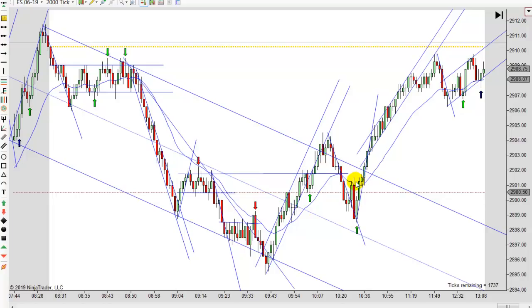And if you waited till that bar closed and went short one tick below it, then obviously you don't have enough room to get out. I'm not sure if there's enough room there. Otherwise, it's real close. It looks like it might be 5 or 6 ticks. So you might have gotten out if you played the break higher. But I just think it's dangerous.